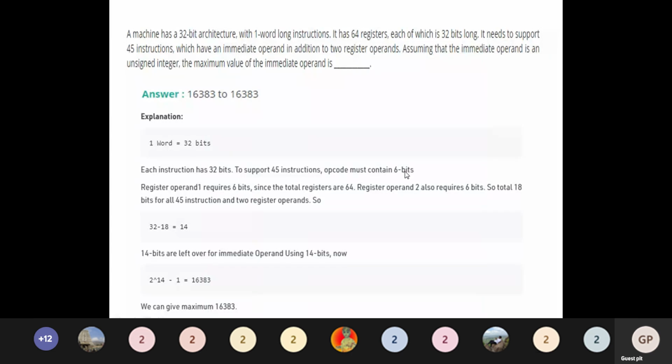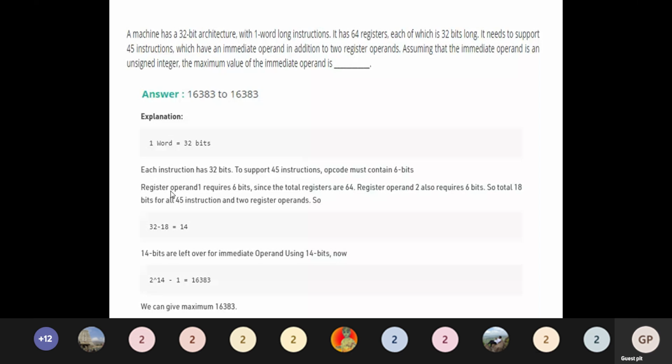In addition, you have 2 register operands. Register operand 1 requires 6 bits and register operand 2 requires 6 bits, since the total number of registers is 64.